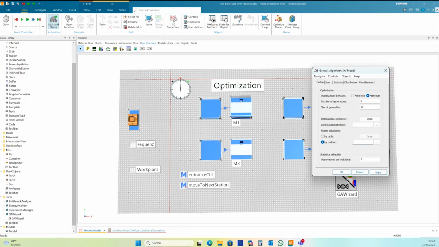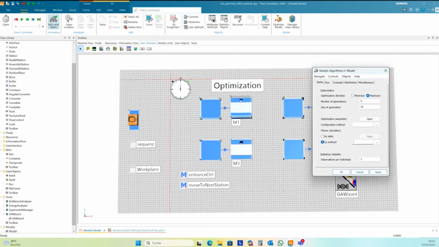If you have thousands of lines in a sequence, then maybe you need more generations or more steps, and it also depends on whether you have some stochastic elements in your simulation.